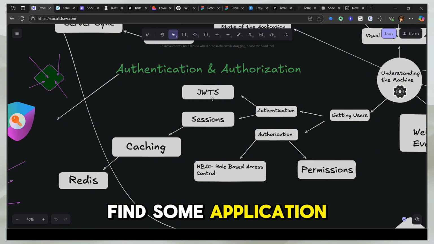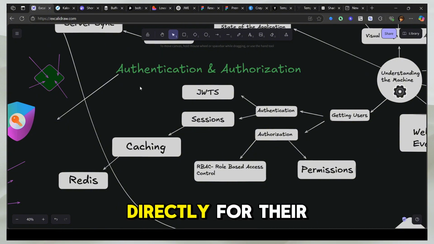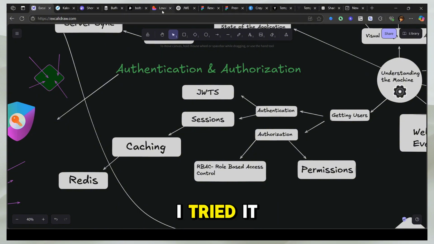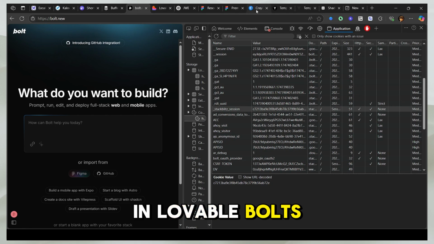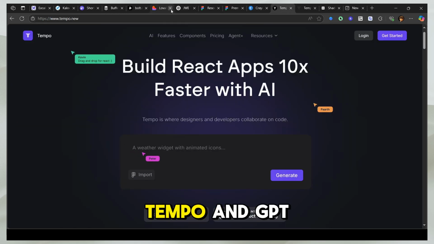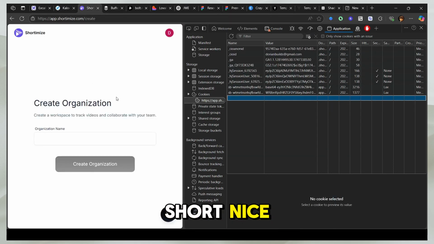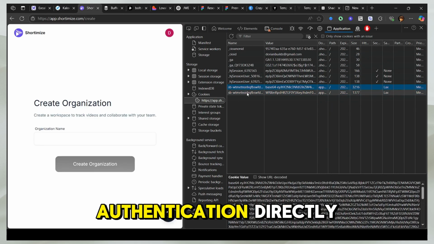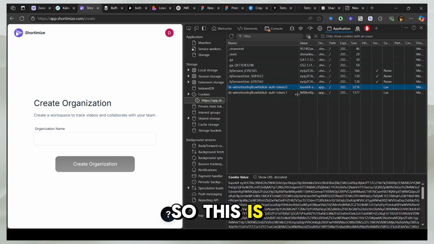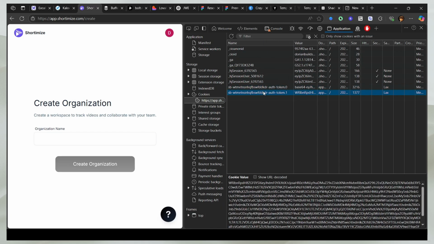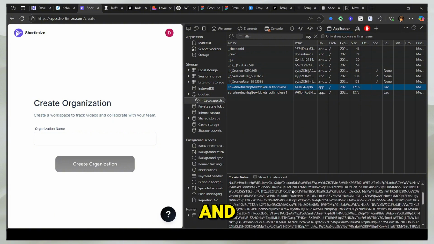Let's try to find some application which uses JWT directly for their authentication. I tried it in Lovable, Bolt, Trail, Tempo, and GPT. All of them are using sessions, but I found Shortimize, which uses Supabase authentication directly. So this is a JWT. Here you can see there's the auth token and